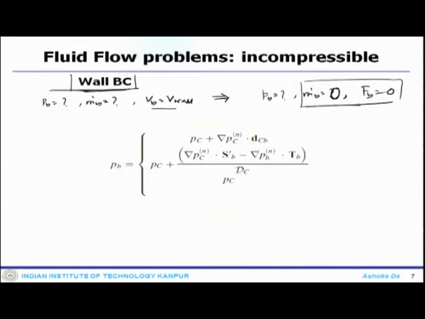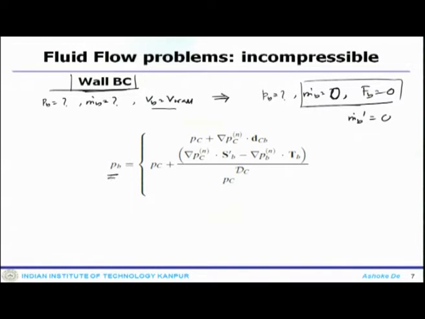But please note that these boundary conditions that we are right now discussing are required for the pressure correction equation. So, having a condition on velocity won't help that much. What you require is the wall boundary condition where the mass flow rate is 0. So, it will also lead to m dot b prime being 0, that means the correction would be 0, when there will be no modification needed for the pressure correction equation. However, the pressure at the wall is required, and is computed using a lower order kind of profile.